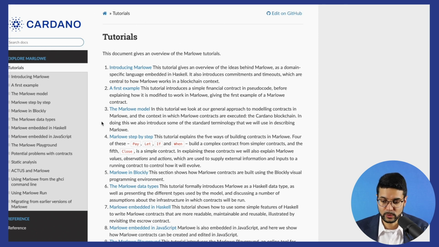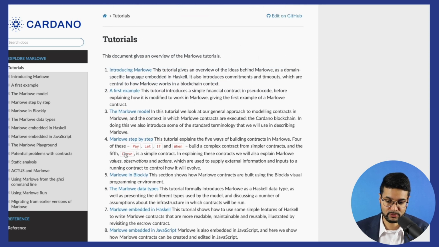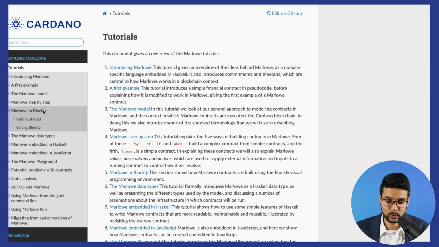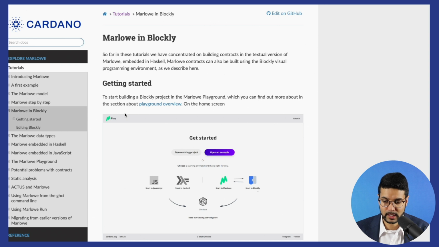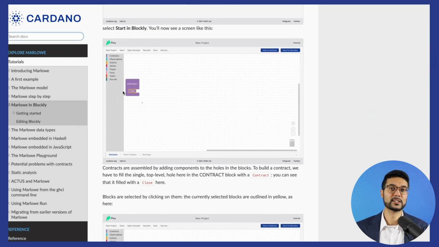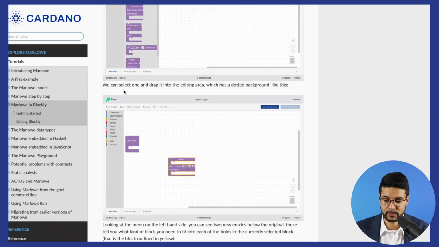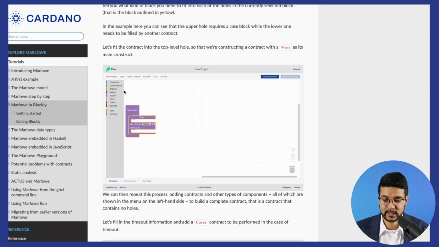One thing that's really cool is that it provides tutorials here in terms of the logic behind the syntax which is used for Marlowe. They've even got a really cool concept to Marlowe called Blockly. Blockly, very similar to what you would expect with Legos, allowing you to piece together different forms of logic to build your own financial smart contracts. So I think it's really cool the way that they've laid out this smart contract programming language, specifically meant for